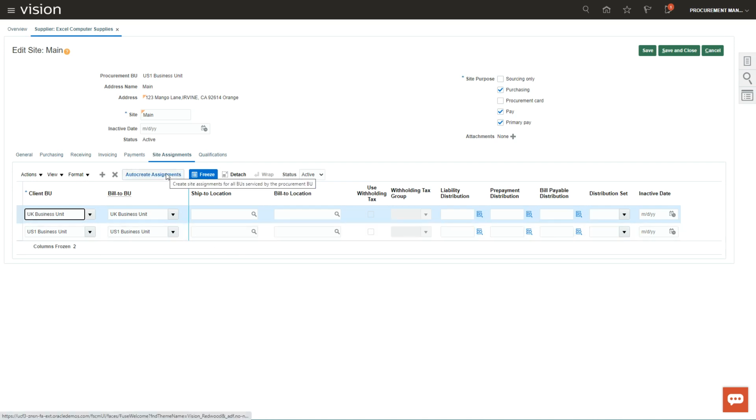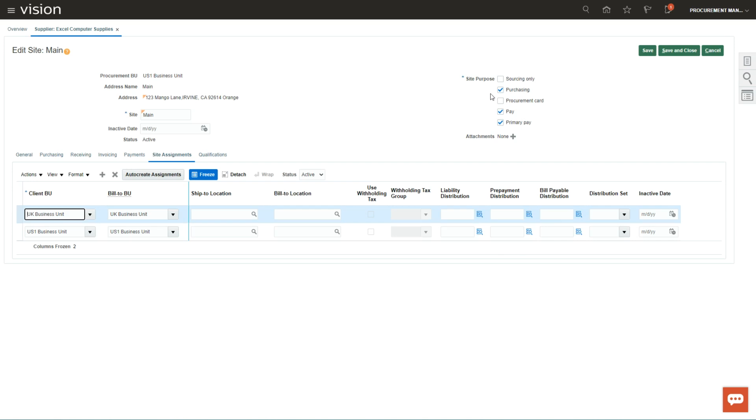If you create auto assignments, what it will do is, if the US1 business unit is a procurement provider for, let's say, UK business unit, India business unit, or any other country, like Germany business unit, as a service provider it's automatically going to create assignments for those requisition business units which are serviced by the US1 business unit.